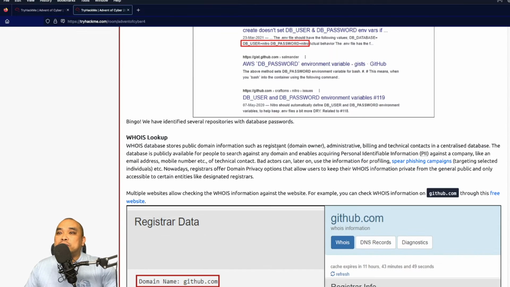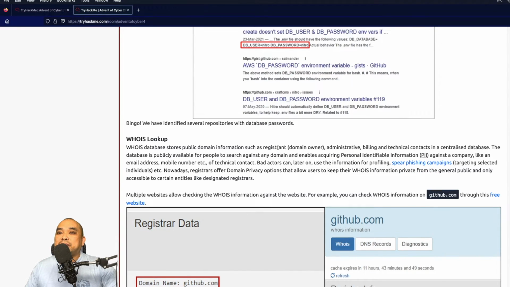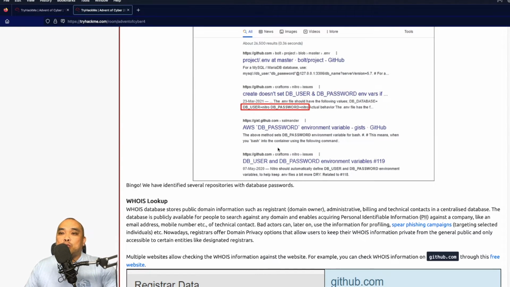You also have whois lookups. With whois, you would go into the terminal or your command prompt if you're using Windows, and you would just use the command whois and then put in a URL, say google.com.